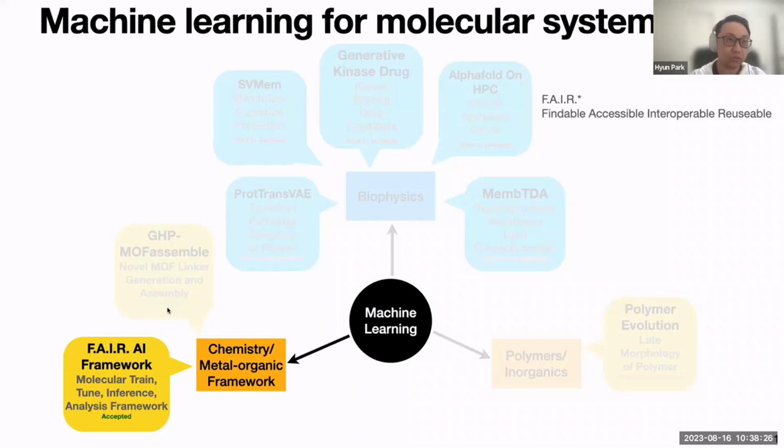The code that I shared with you in Colab will guide you through how to start training a neural network model that is able to predict certain molecular properties, such as quantum mechanical properties like HOMO, band gap, or vibration energy, or say thermodynamic stability of certain molecules, such as metal-organic frameworks. So we are going to learn how to train, how to tune hyperparameters, and infer, meaning once you train the model,